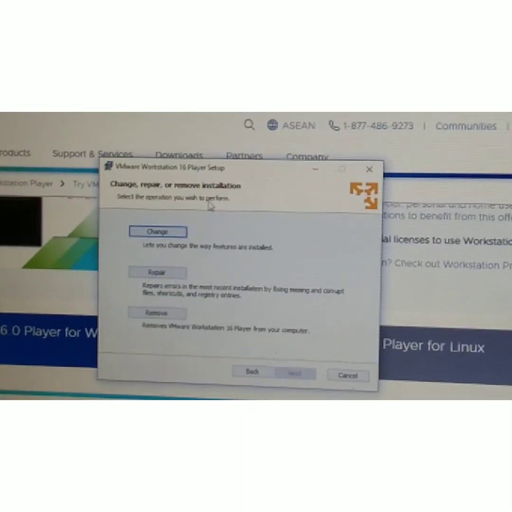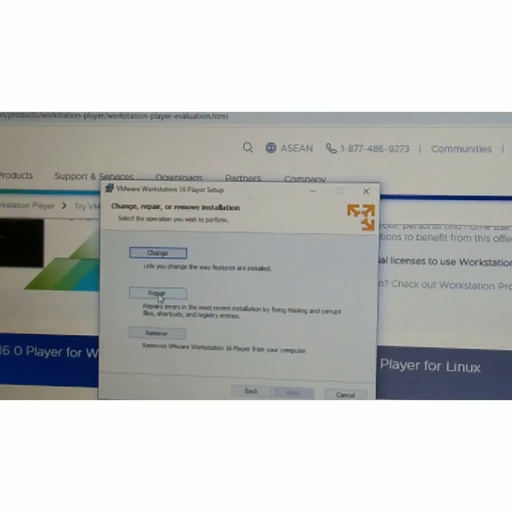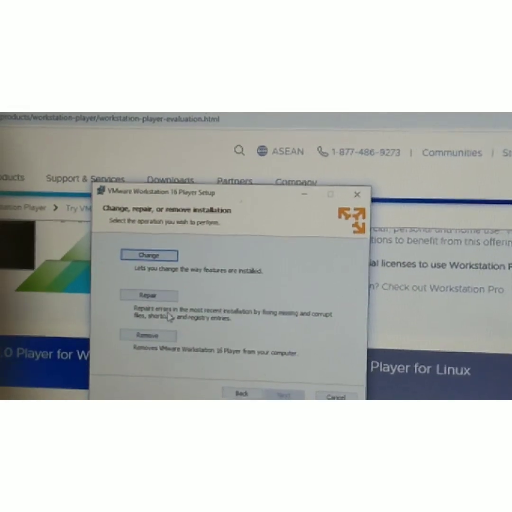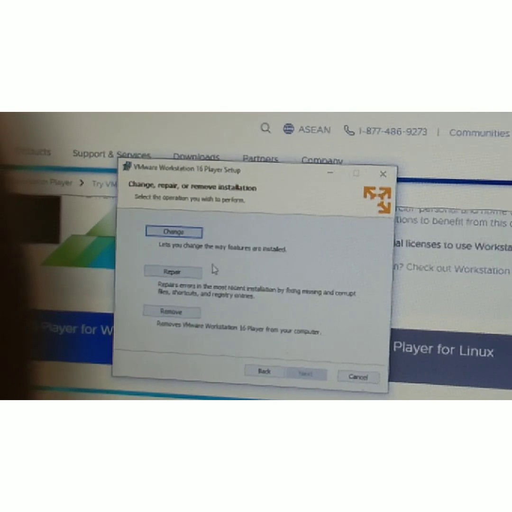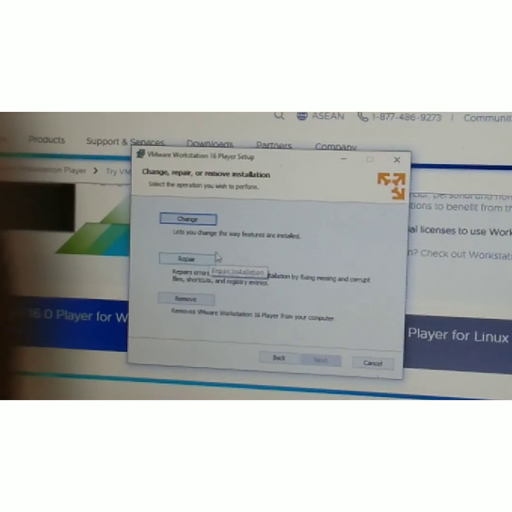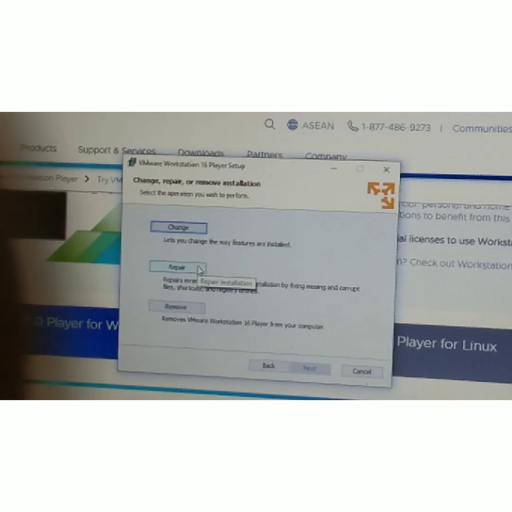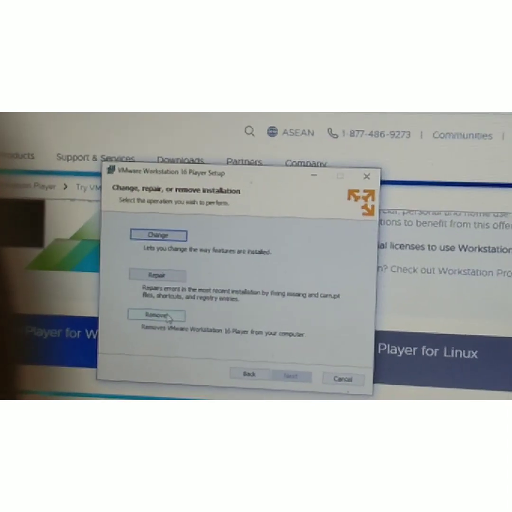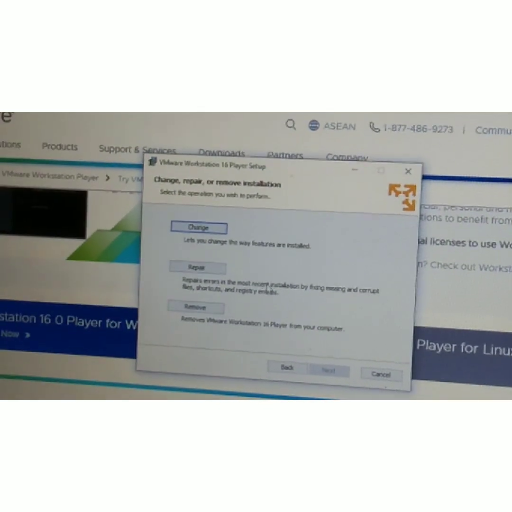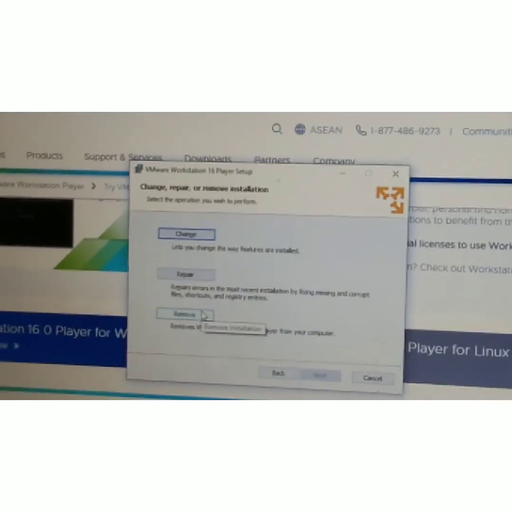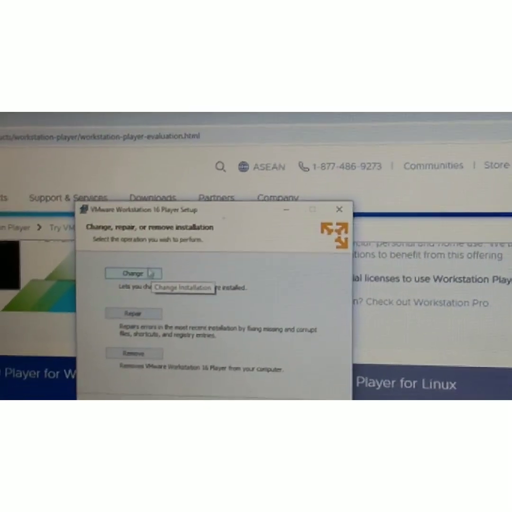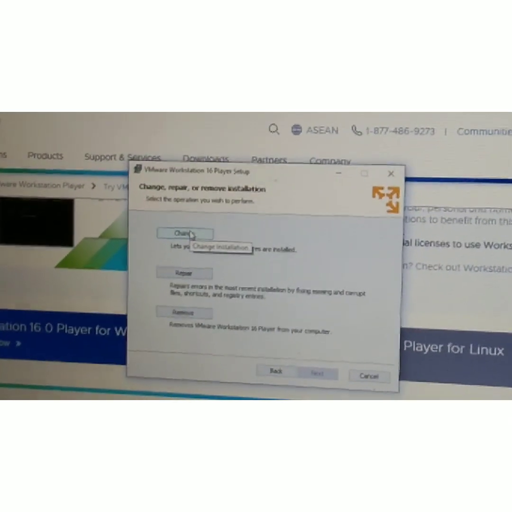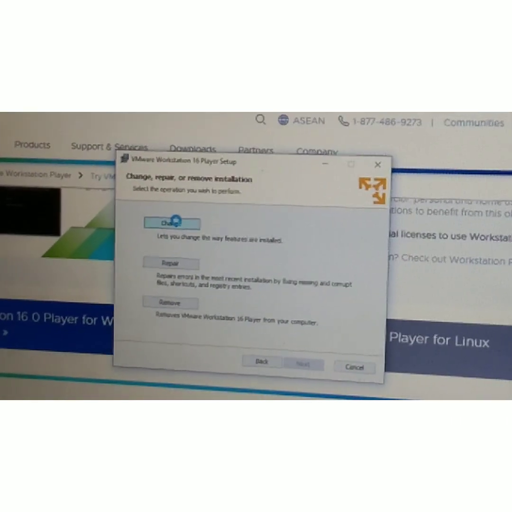Next you will enter the change, repair or remove installation setup. There will be three options: change, repair and remove. If you have already installed the VMware software, you can repair a problem in it using the repair option, and you can also remove the app from your desktop using the remove option. For now we are installing the app for the first time, so we must click change here,